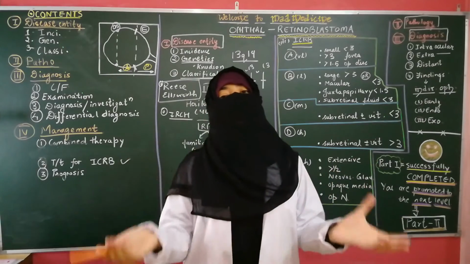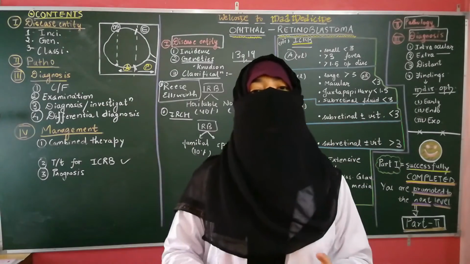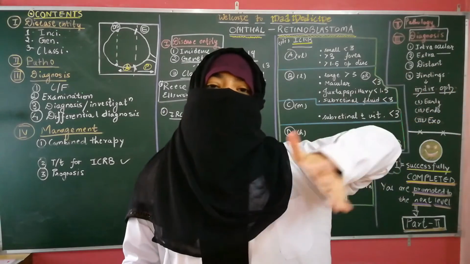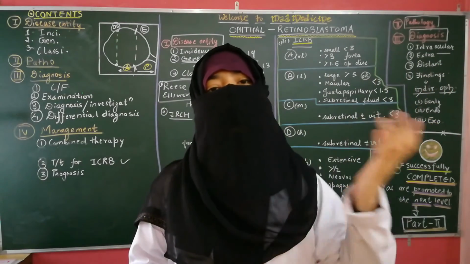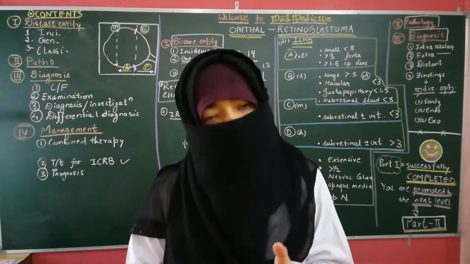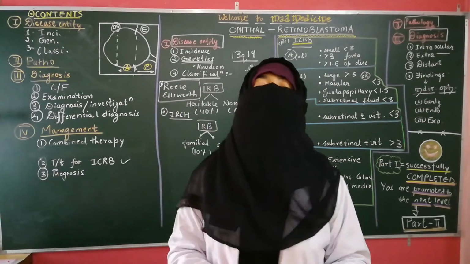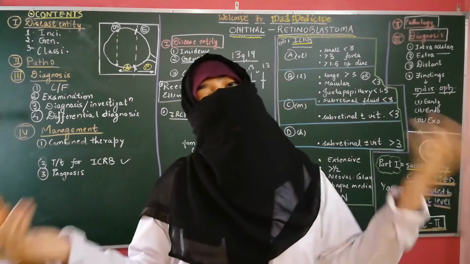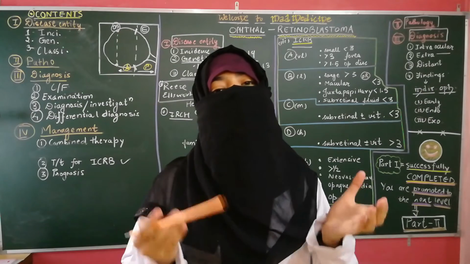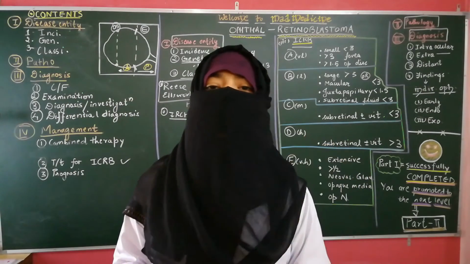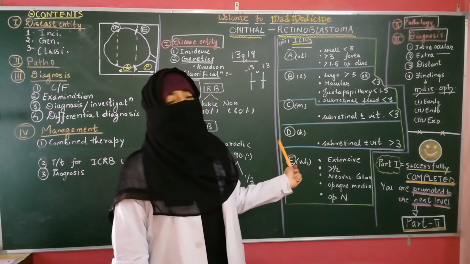B means a large tumor which is more than 3 millimeters, or any sized tumor which is less than 3 millimeters away from the fovea. So you call it a macular type, or less than 1.5 millimeters away from the optic disc, and so we'll call it juxtapapillary. Very good. And the last thing, that it could show some subretinal fluid less than 3 millimeters away from the primary lesion. The type C now.